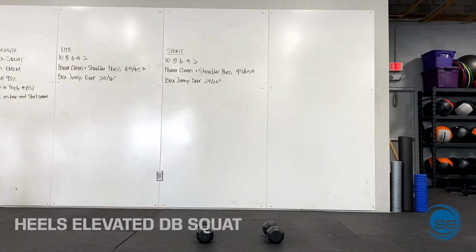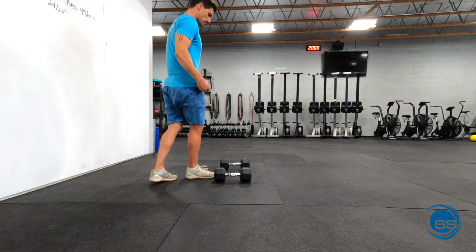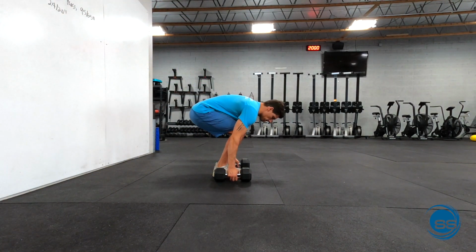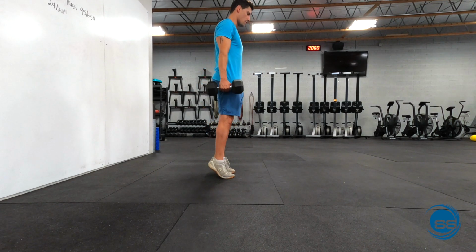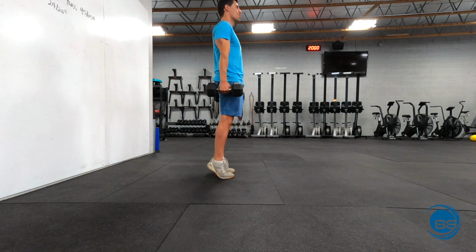Number 5, heels elevated or heels floating dumbbell squats. And we're going to do 2 different variations. The first one, we're going to hold isometric positions where we are bringing the heels up and holding that position for 5 seconds before coming down to a quarter of a squat position, holding it for 5 seconds, and then